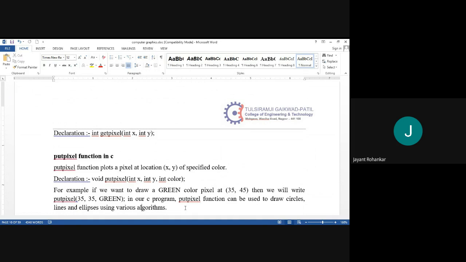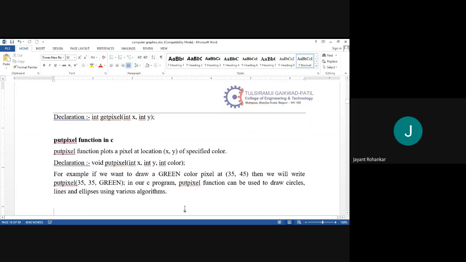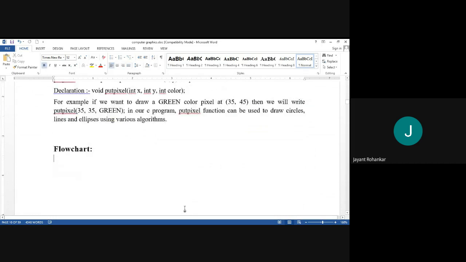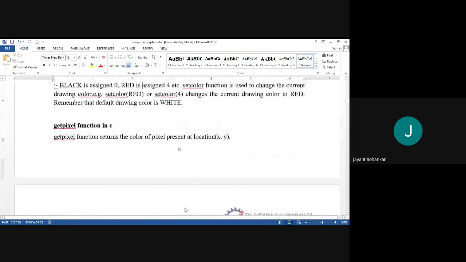In our C program, the putpixel function can be used to draw circles, lines and ellipses using various algorithms. This is all about the basic things regarding our experiment number 1 and the basics of computer graphics. Before writing a computer graphics program, we need to know all these things.